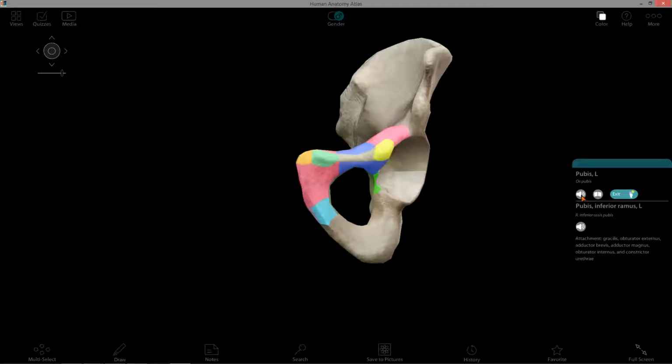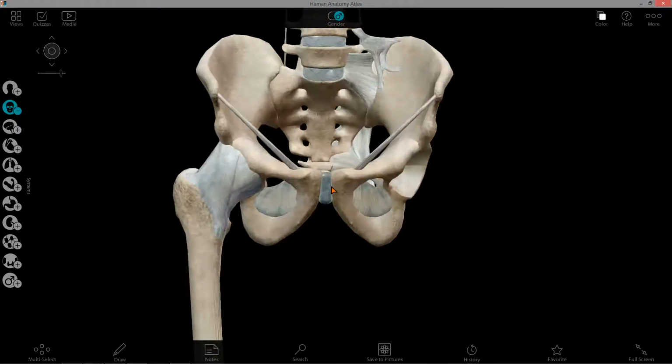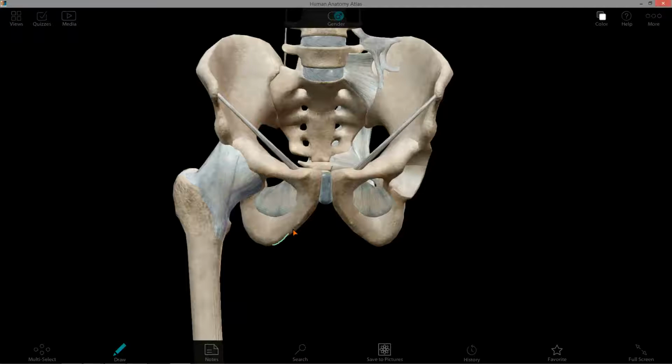The ischiopubic rami, I'm just going to exit out there. The ischiopubic rami then join at the pubic symphysis, this cartilaginous area joining the two sides of the pubic bones. And they also form the angle of something known as the subpubic angle. The subpubic angle is essentially this. That area right there is the subpubic angle. And just as a note, it is much wider in females than males, mostly because females give birth and need